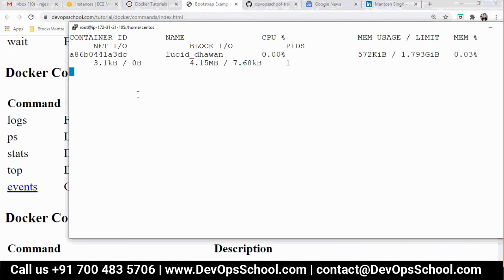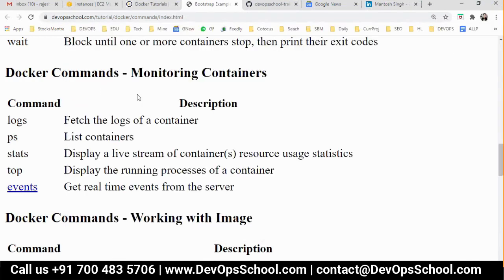Now, is there any way where we can limit the CPU and RAM for the container? Yes, you can do that, but you have to do it during runtime only. So whenever you use the run command, you can pass memory and network and anything, and not only memory and CPU, lots of things you can pass during runtime. Okay, so this is the way with the stats command you can monitor CPU utilization, RAM utilization, and so on.